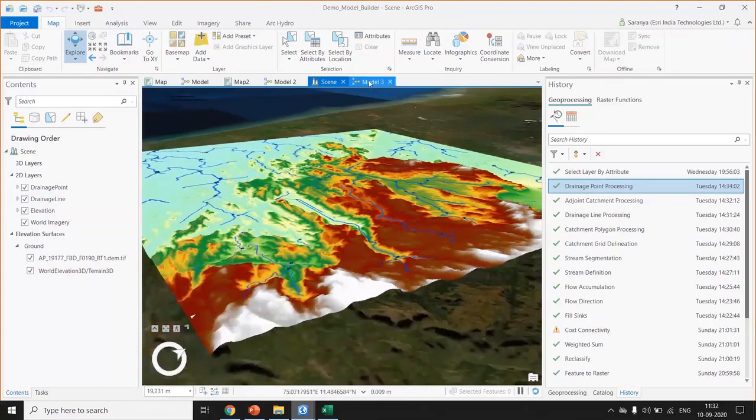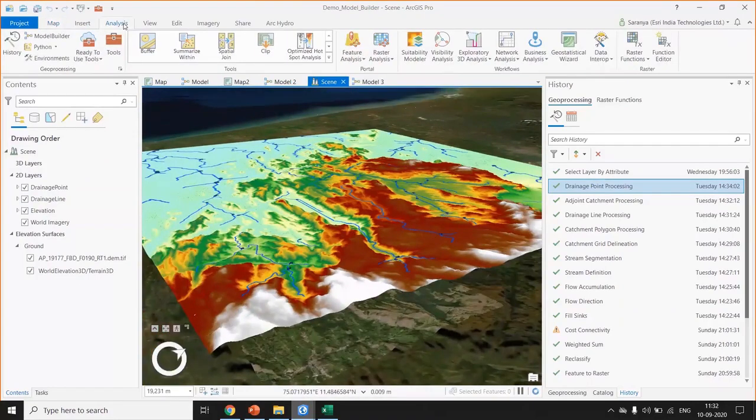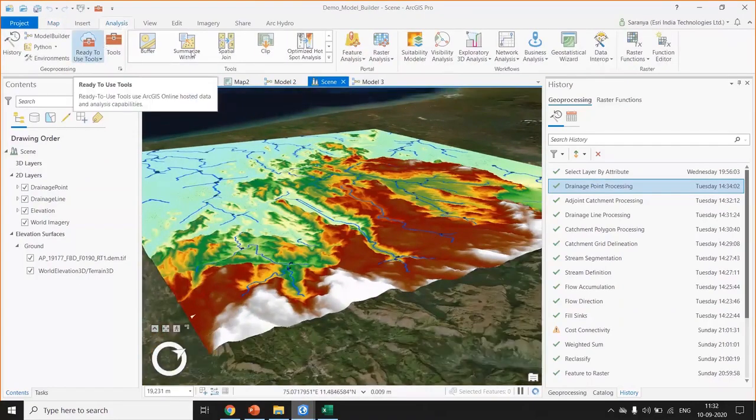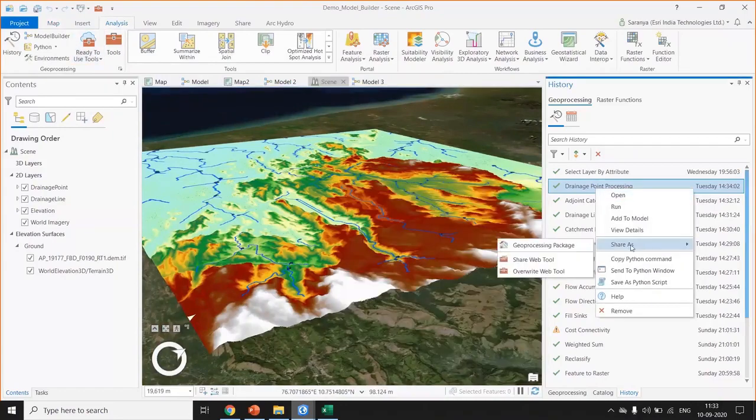Okay. As we were saying, once a tool is run successfully, you can share the tool as a geoprocessing package, which means that all the tools, environments, settings, and input data you have used for your analysis will be packaged as a .gpkx file, which you can share with everyone else.